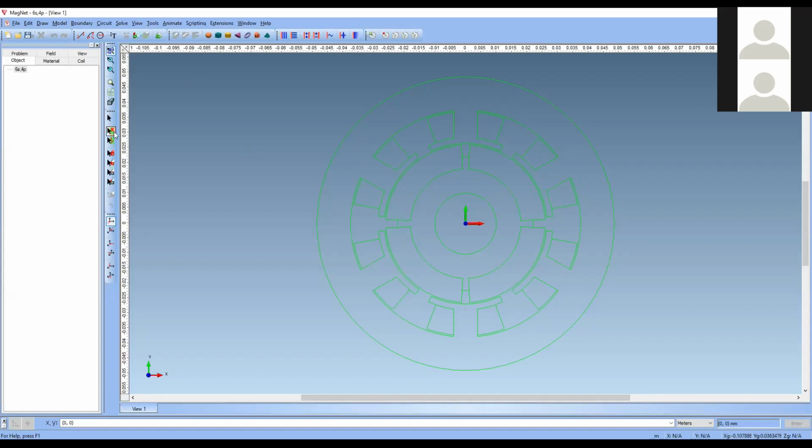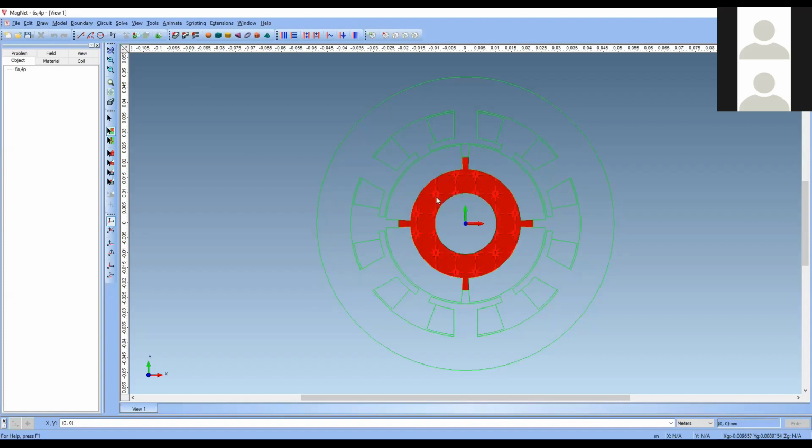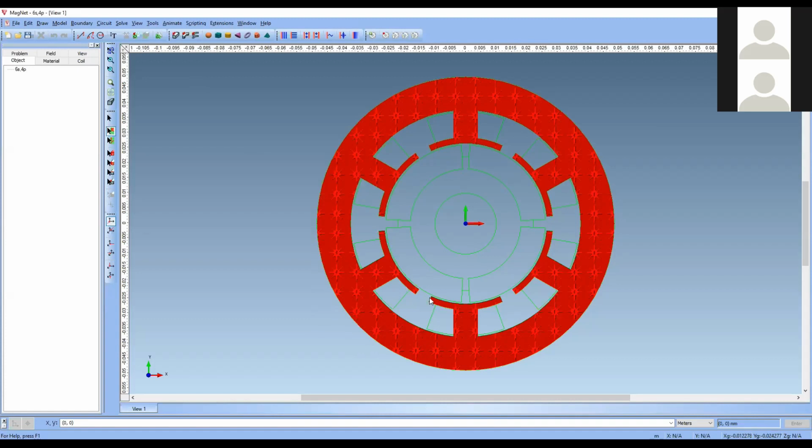Okay, if you select the surface and see, this is your stator, complete stator. This is your rotor hub, you can say rotor core, and this is your shaft. This is your permanent magnet, rotor poles. You are having 4 poles in rotor, and 6 poles in the stator.